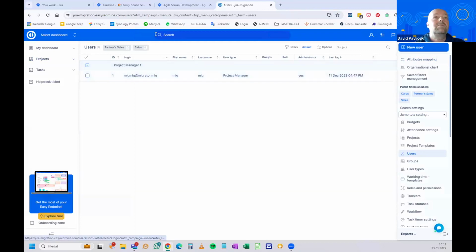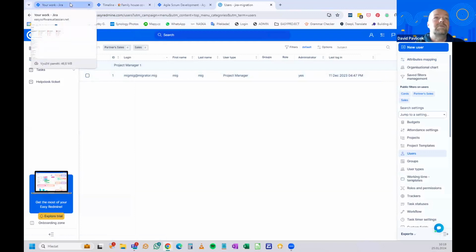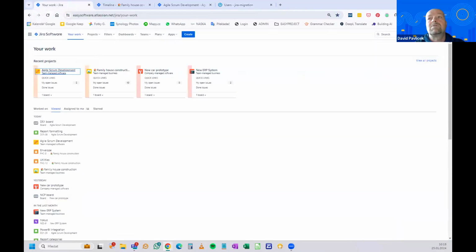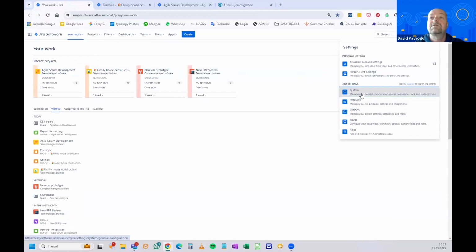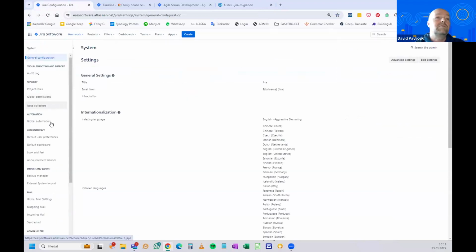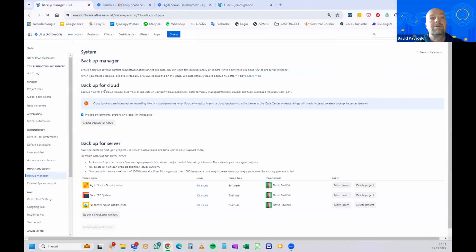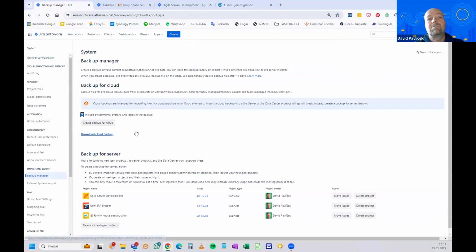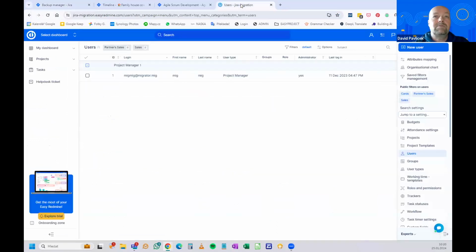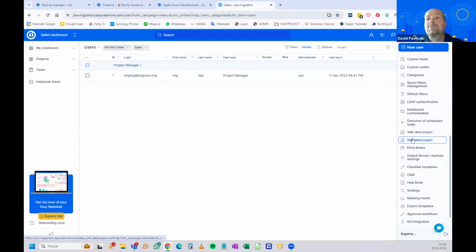Okay. So now, as a first step, I would typically go to Jira, to settings and system, where you can find backup manager in import and export. Under this backup manager, you can create a backup and download the file. I don't have to do it, it's a waste of time because I did it before. So we can skip this part and go directly to Easy Redmine, into the administration part, and find the migration tool